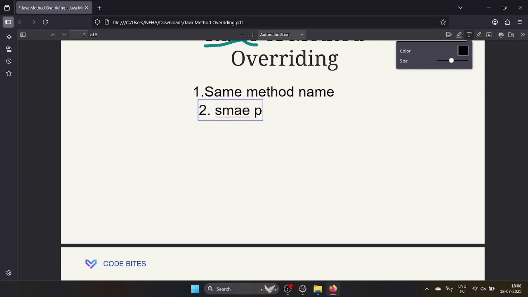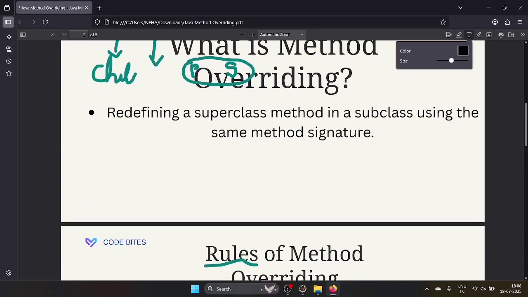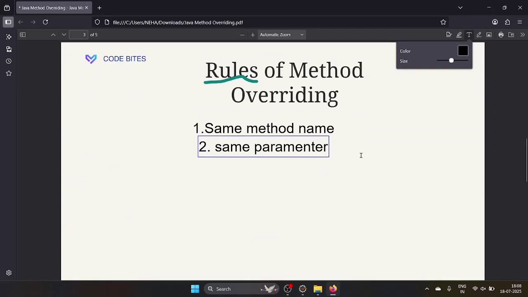same parameter. Here inside the hobby, if you are having 0 parameters, then in the child class also it should have 0 parameters. And if you are having parameters like string or int, then in the child class also you should have int or string, whatever is present in the parent class. That type of parameter you should follow. How many parameters there are, and their types, everything should be the same. This is the third rule we can say.